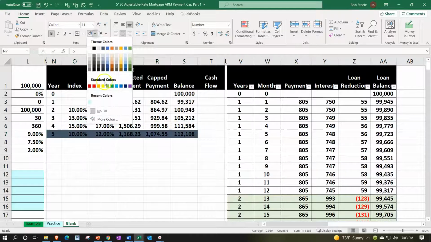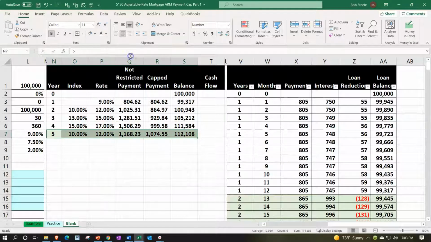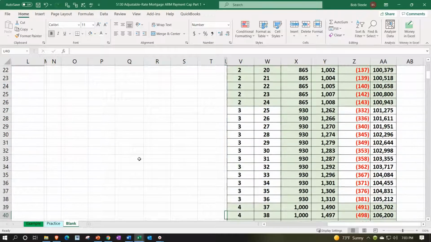So let's make that one green. We're on the final one here. So now we went down to 12. Some sanity has come back to the world. So now we're at the 1168.23, but still that's over the 1,074.55. So if we go down to year 5,